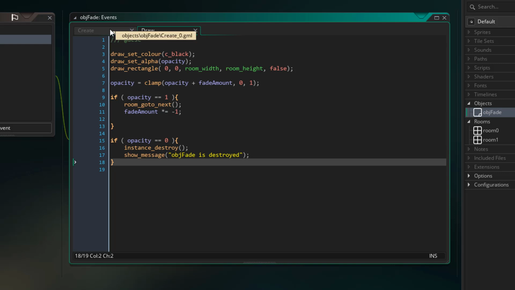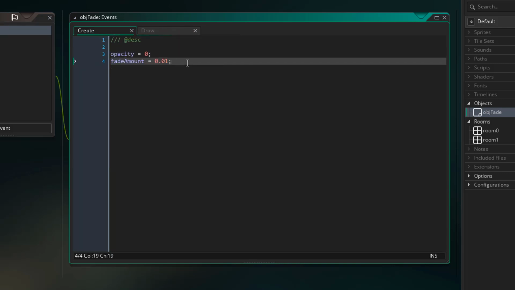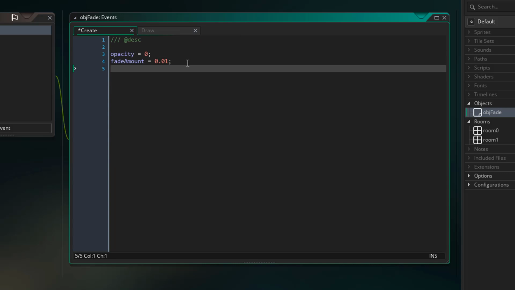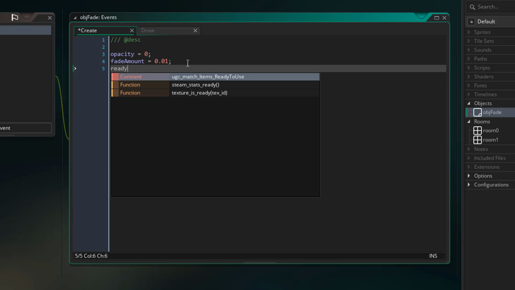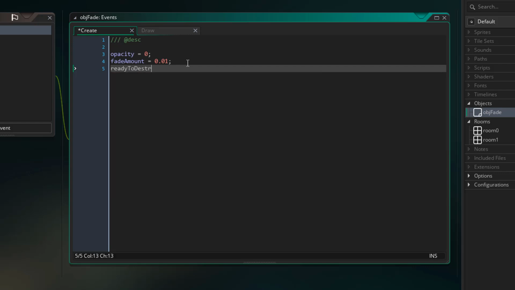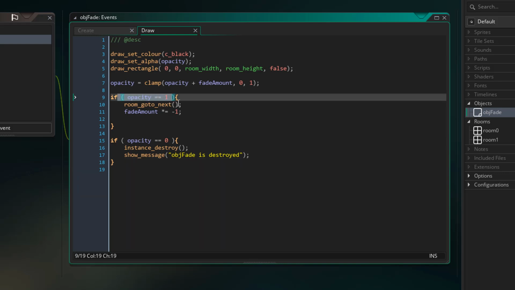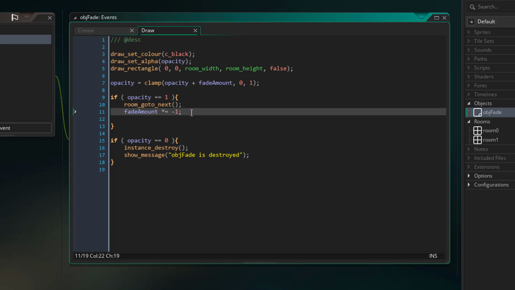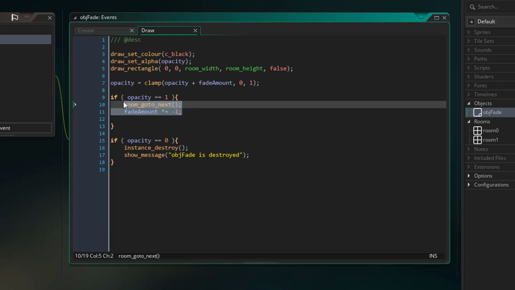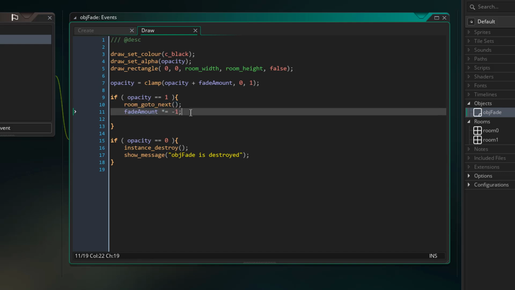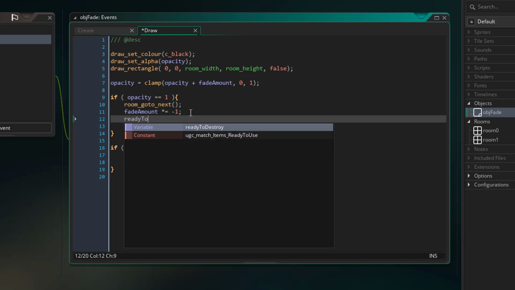We'll create the variable in the create event, and let's call it ready to destroy. And whenever you create the object, you want that to be false. It's not ready to be destroyed. And then in the draw event, whenever you have faded up the opacity to 1, that's when you want to change ready to destroy to true. Because you've gone halfway, you've transitioned into the next room. You're not destroying it here, but you can set it to be ready to destroy. So ready to destroy